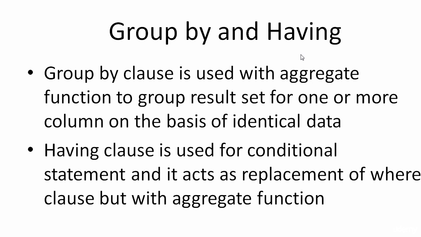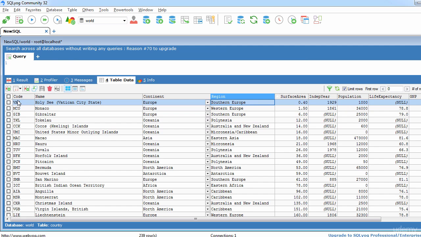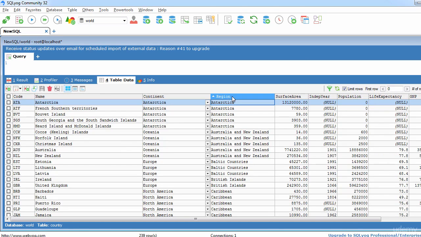So get back to SQL. So here we can see that in country table we have two such columns where the same data is being repeated. If we are going into the continent or region, it means we have these two columns where we can perform